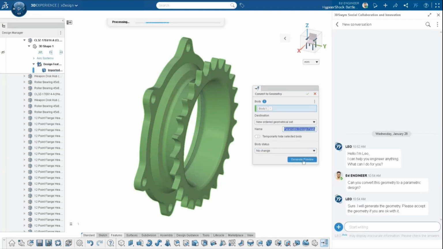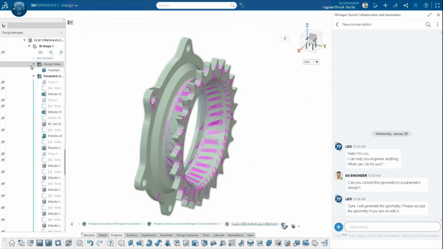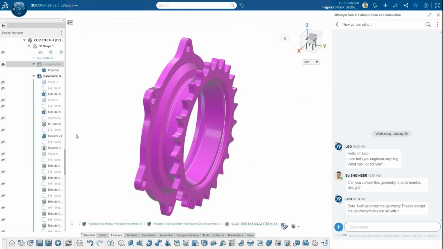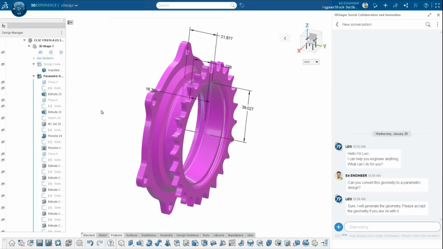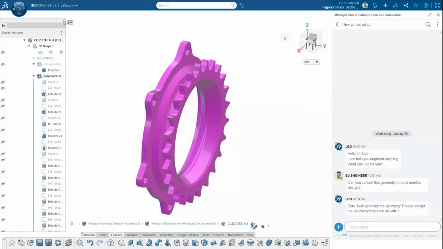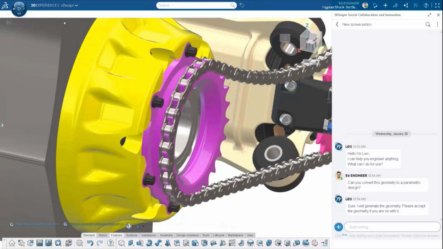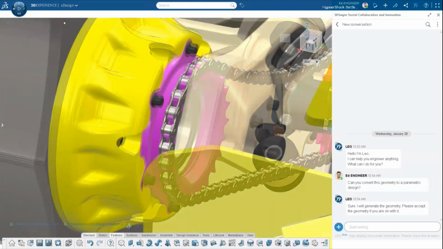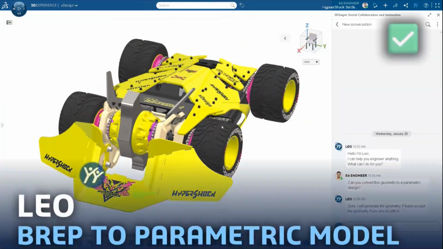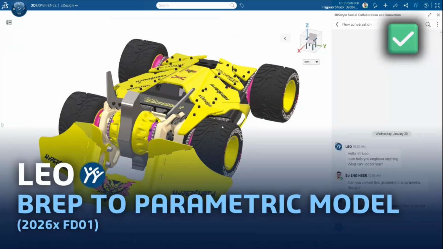You can see that this one is in our xDesign environment. For SolidWorks design, it will be available soon with the next updates. At that time, you can see the same thing available inside SolidWorks as well. Right now you can see that Leo has generated the model based on the data you have received from your suppliers.